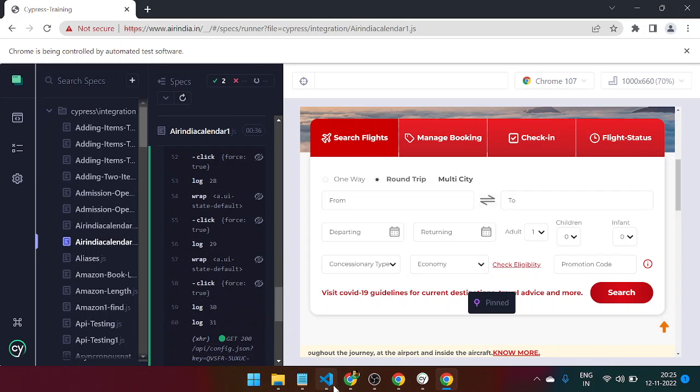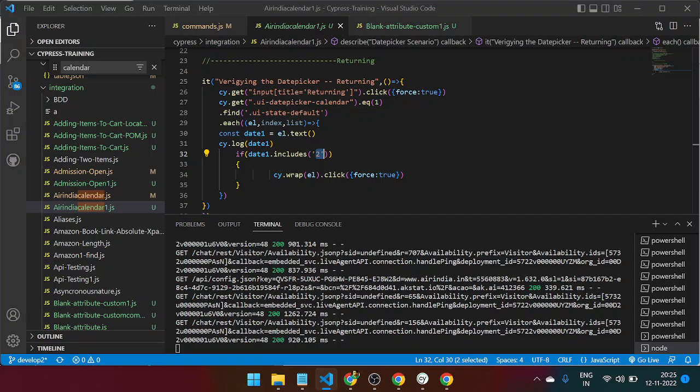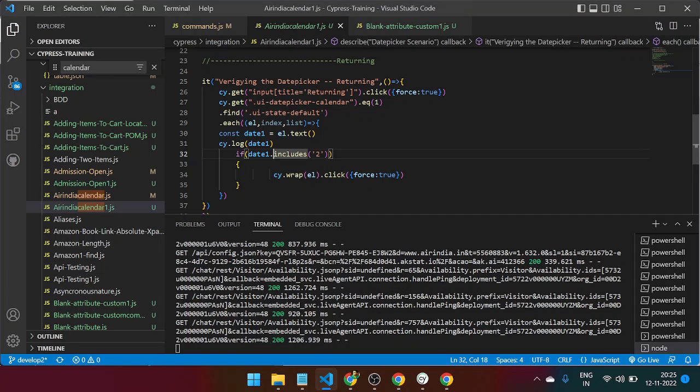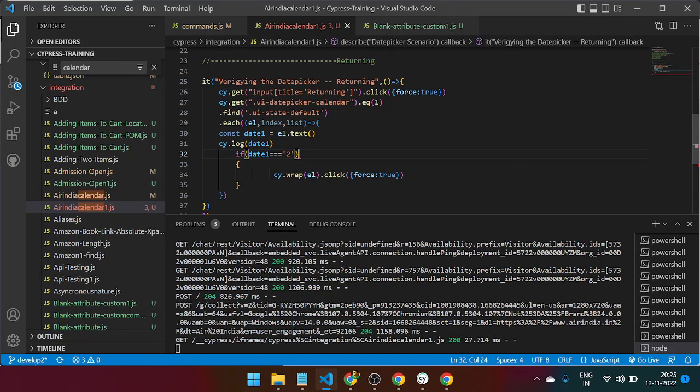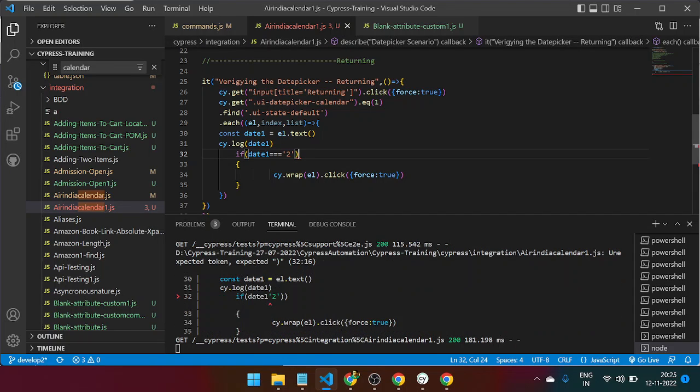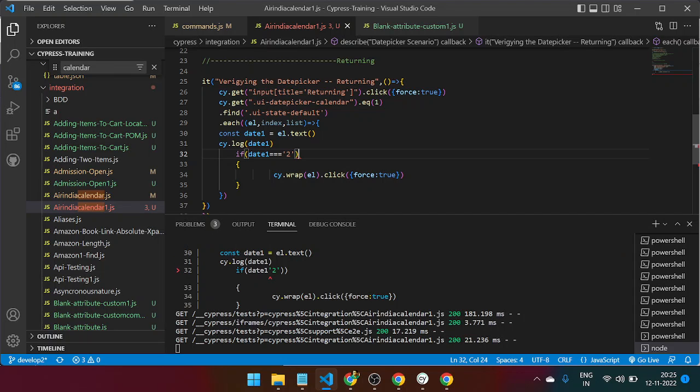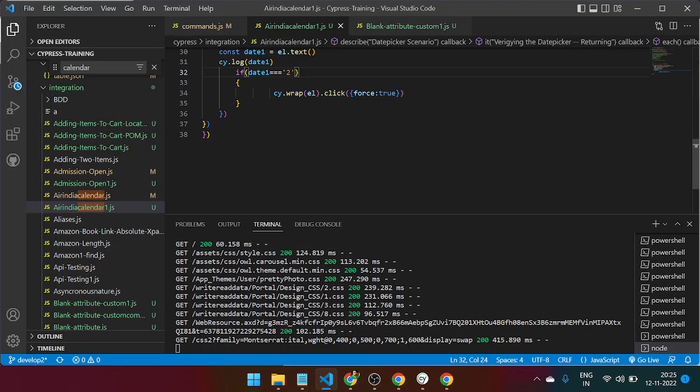not 31. So in that case, what we'll do is we remove this include here. Instead of that, we just put an equal sign here, and we run that one. So the date equals, instead of the if, no, we do have the if. If date 1 you do an equal, I have to make sure I see that right, equals, and you took the 2 out